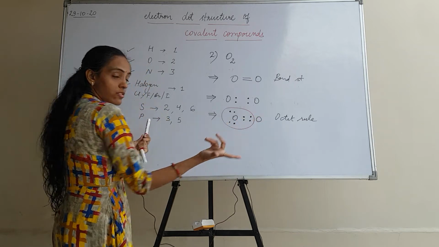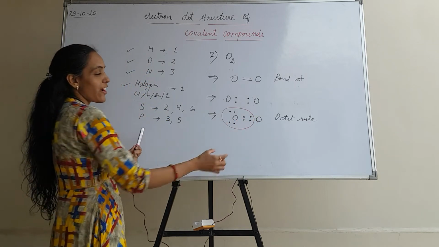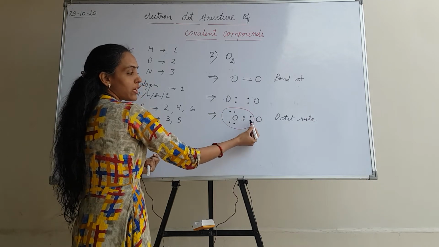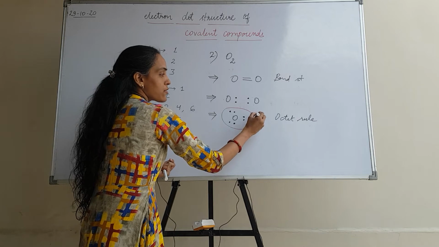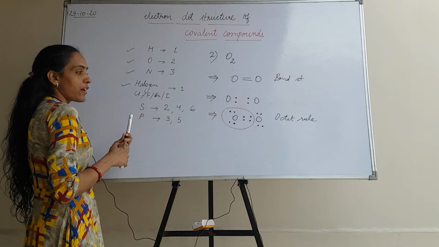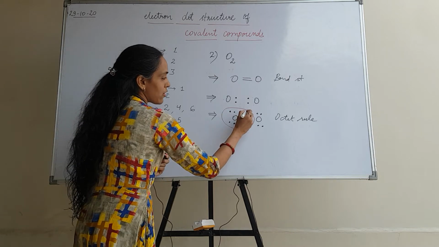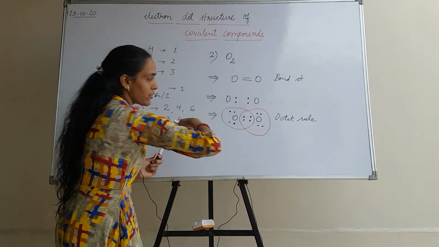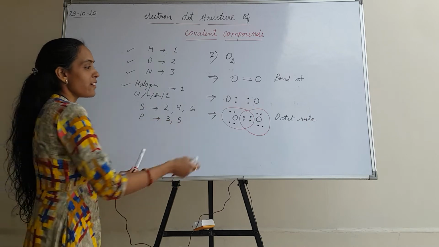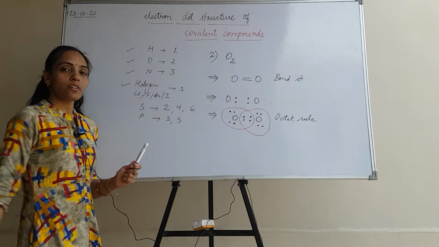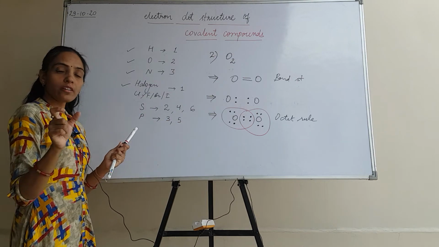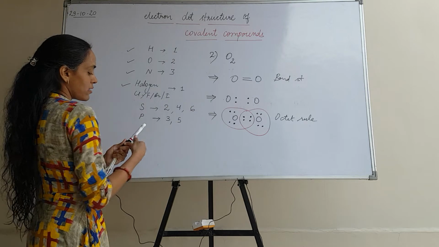What about this oxygen? We cannot be partial. We have to focus on both the oxygens. So for this oxygen, 1, 2, 3, 4 again, 5, 6, 7, 8. So the octet for this oxygen is also completed now. So these 8 electrons are with this oxygen. Done. See, isn't it so easy? Oxygen's electron dot structure.